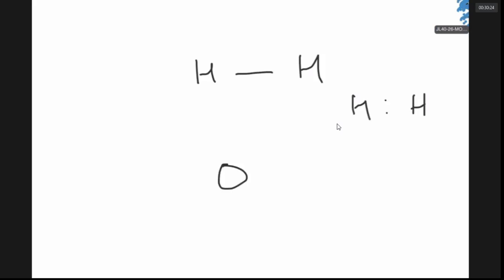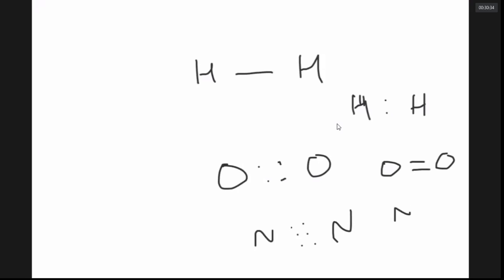Who will share electrons? Atoms whose electronegativities are very close, or identical atoms, share. How many electrons can atoms share? They can share one electron pair, which is represented by a single line, or they can share two electron pairs, which can be represented by two lines, or they can share three electron pairs, which can be represented by three lines.